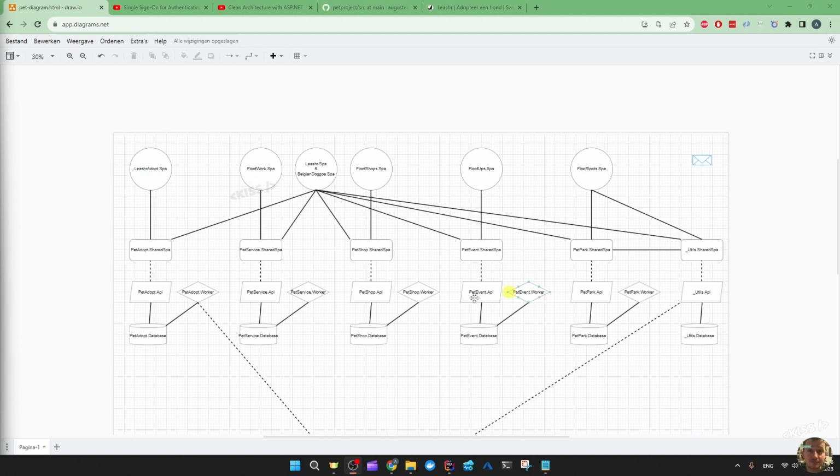I don't do any internal communication between the APIs. Inter-service communication, I don't do that. I don't have that requirement yet. I do sometimes make the front end orchestrate when it doesn't really make sense to have it be the responsibility of the front end. For example, a user creates a new pet service, let's say,